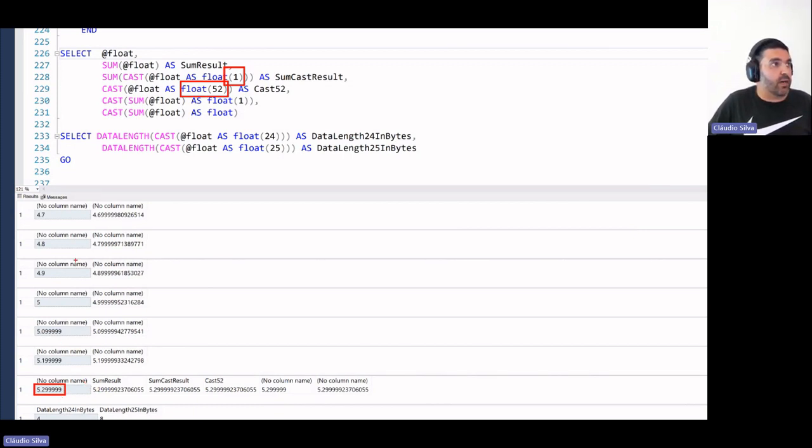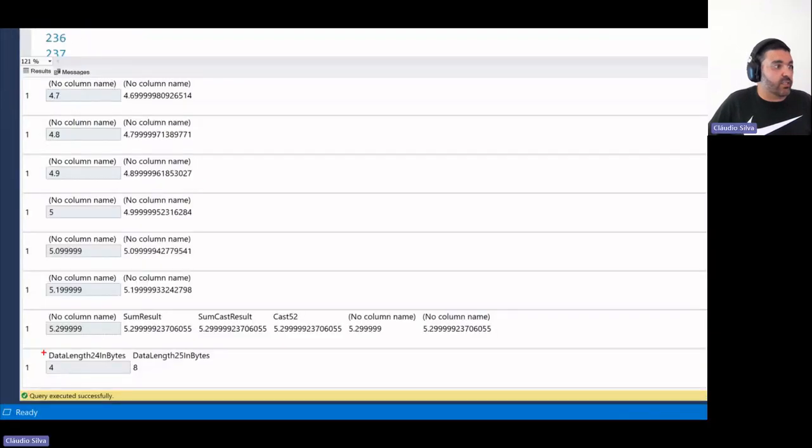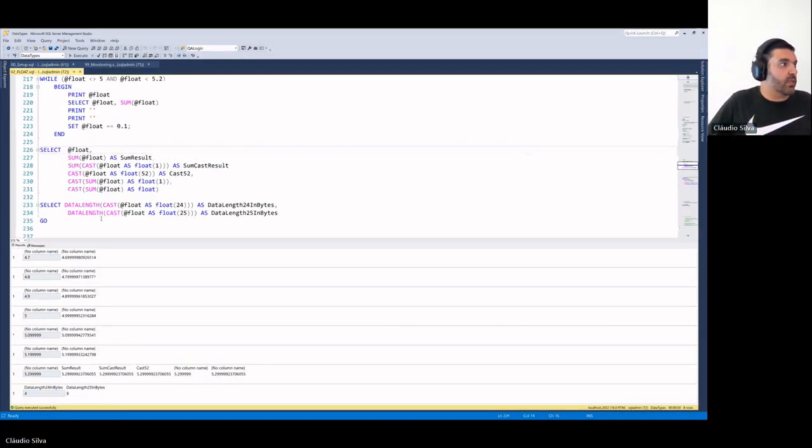And that also is something to keep in mind, that when we cross the boundary between the 24 to the 25, or when we have the 53, what happens is that now we are taking, instead of 4 bytes until we get to the 24, we start having 8 bytes when we reach the 25, the other one. So the precision changes.